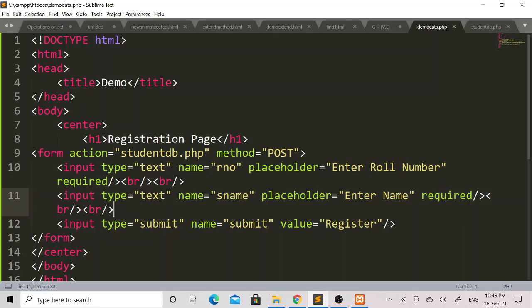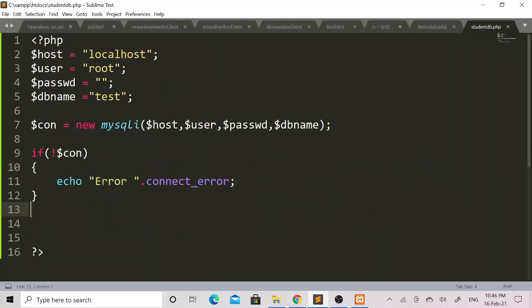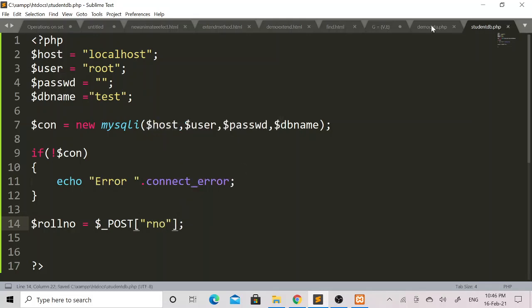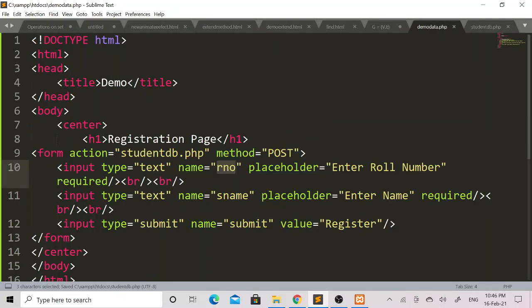In the roll number text field, I have mentioned an array value for the name attribute. Here I will create another variable $rollno equal to $_POST, open square bracket, close square bracket, semicolon, and within double quotes I will set the RNO value because I have set the same value in the name attribute of the roll number text field.